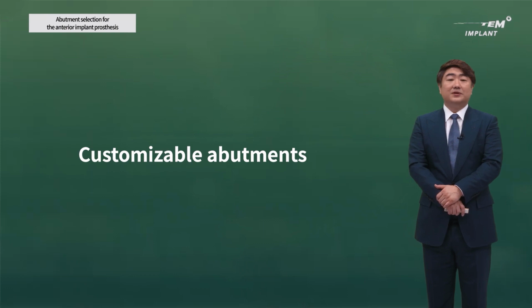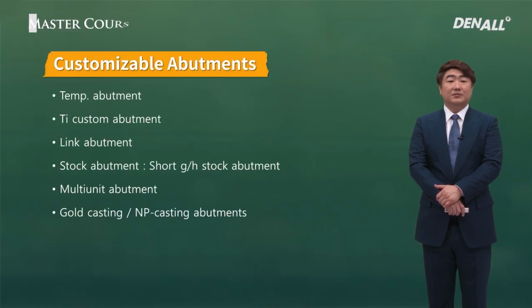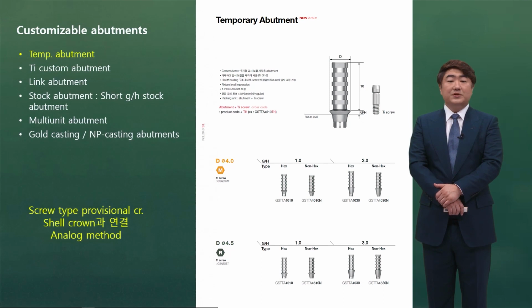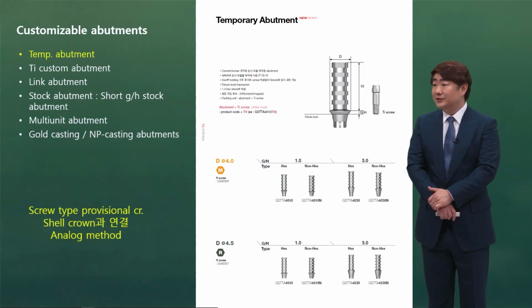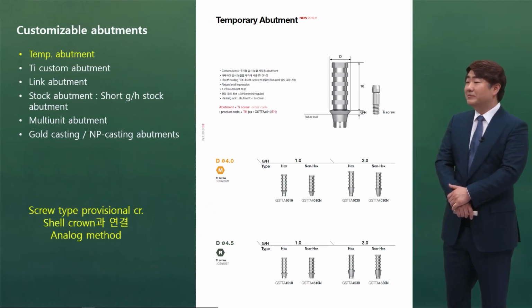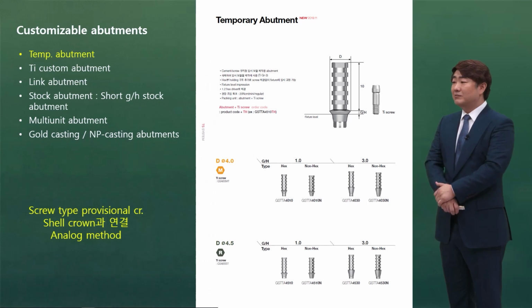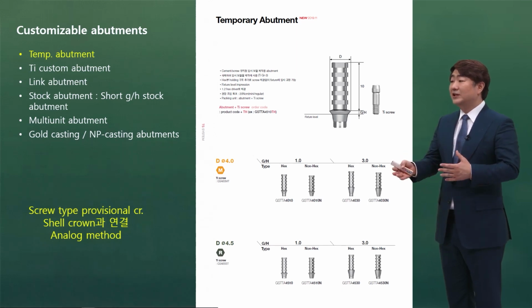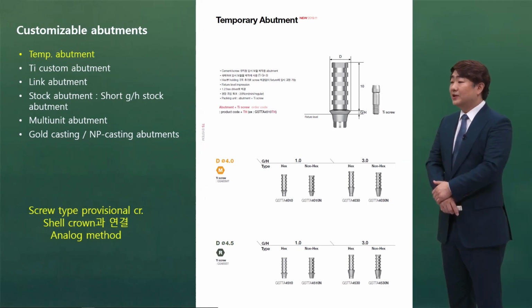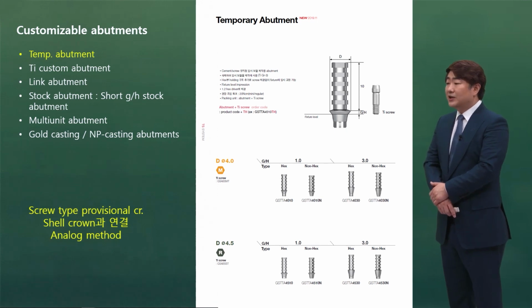So customizable abutment is what I'm going to talk to you about. Now, customizable abutment, there are about 6 types. First, temporary abutment. It's not for final, but it's customizable temporary abutment. So let me explain. Temporary abutment is used for creating screw type provisional, and we do create model or